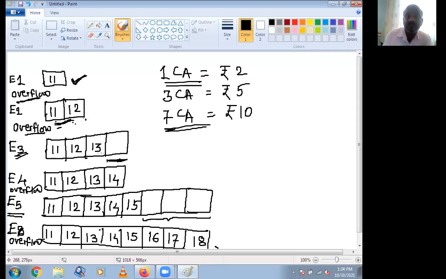Then insert the third variable, and there is a space for the fourth variable. You can directly insert the fourth variable, and whenever you have inserted the fourth variable, the stack becomes overflow.